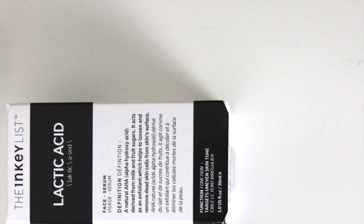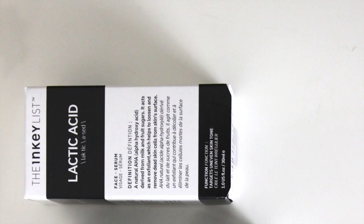It doesn't smell pleasant, but it's effective, and it's really reasonably priced. Now, the INKEY List one is more milky, but it's a really lovely product. I've got a picture of it and I'll drop it in here. I just don't have it at the moment because I used it all. It was by the side of my bed most of the summer, and I really like it as an overnight